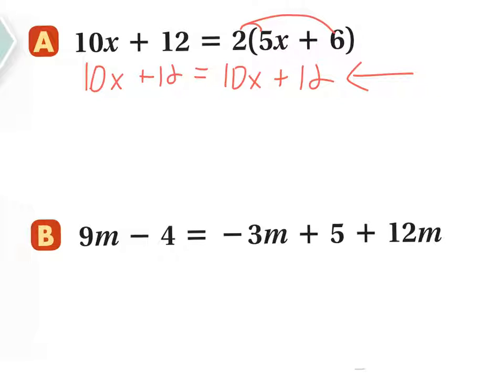Let's say you want to get all your variables on the same side, right? That's the next thing that we do. Well, which one do you want to take away, 10x or 10x? It doesn't matter which we take away, it's going to be the same either way. And how do I get rid of it? Subtract it. So if I subtract 10x from both sides,